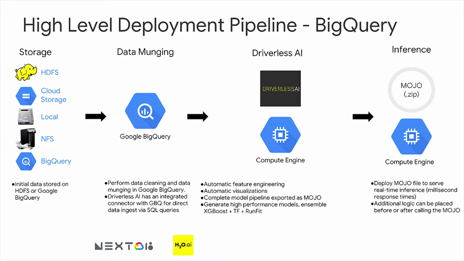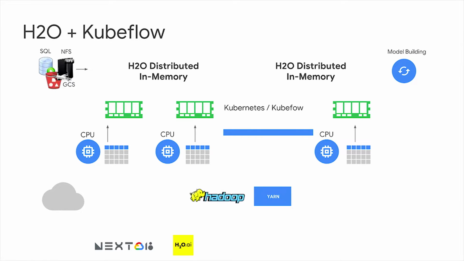And finally, we're going to talk a quick highlight before we get to a demo here of H2O plus KubeFlow. The one nice thing about Kubernetes and KubeFlow in general is that Kubernetes allows you to distribute your workload. So you don't necessarily need to give over a whole machine to a program that only really needs one CPU and maybe a couple gigs of RAM to support it, right?